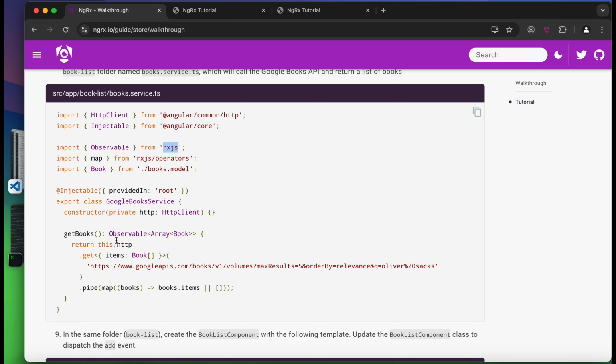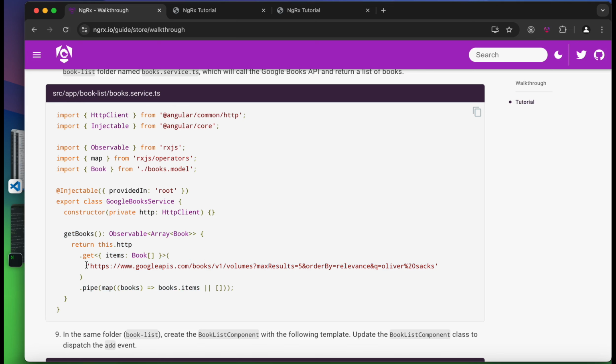Because they are using the HTTP client, which returns an observable. So this is not observable related to NgRx, because the store also is an observable in itself. But here nothing is related at all to NgRx, so it's a service that they want us to copy